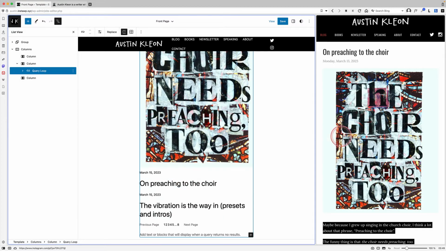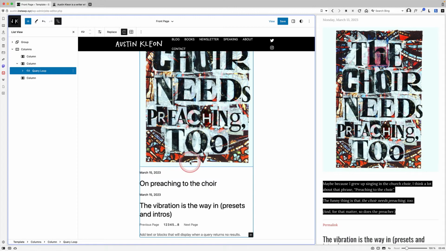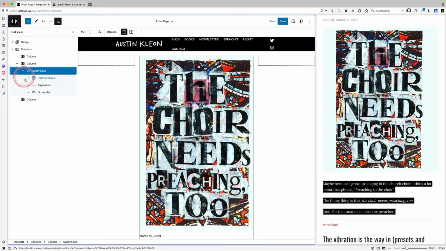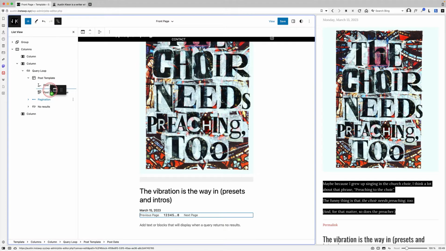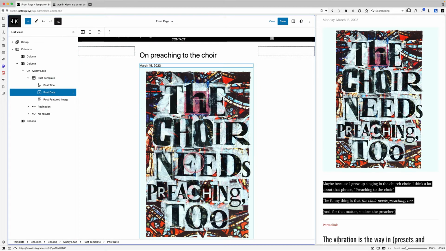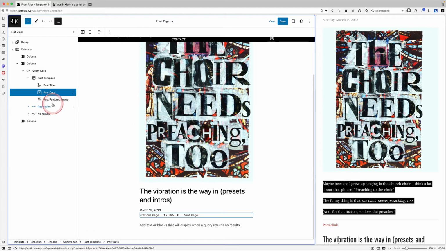It's not quite right though, because in the Austin Kleon website over on the right, we've got the post title, and then we've got the post date, and then we've got the featured image, then we've got the content, whereas in ours it's not quite right. But we can jump in here and we can just move these around. So let's check the post title at the top, post date underneath it, and then under that we actually need some content. So I'm going to go insert after,